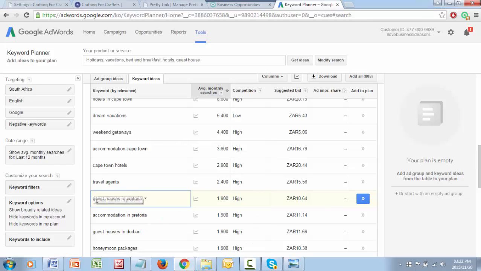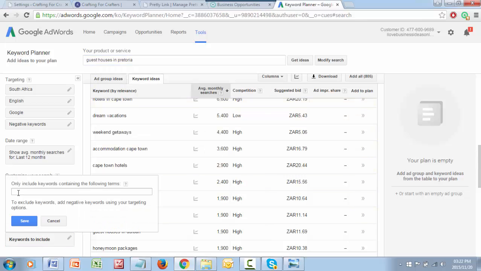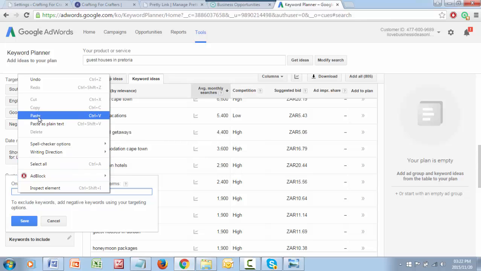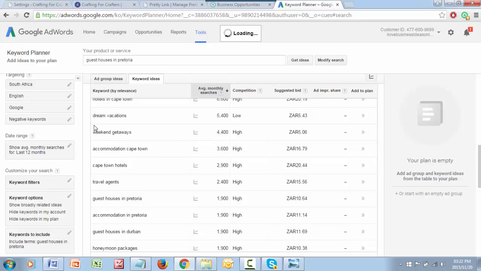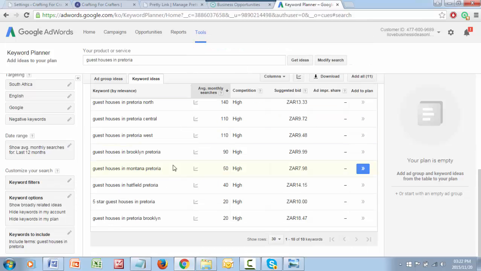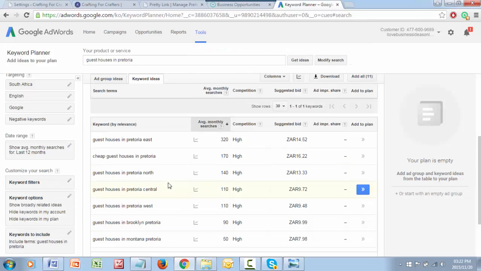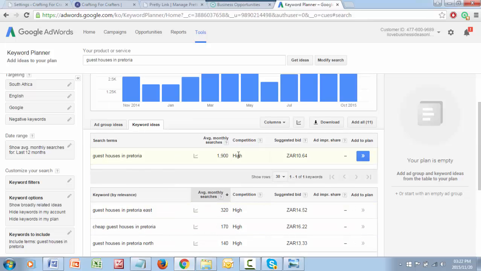I'll tell you, I have a patience problem and it's not very fair, you know. Okay, so now I'll pop this in here. I'll paste it. I could have done a drilling down or pre-search for just guest houses alone, but I've gone already down to a longer tail keyword, and this is cool. So it comes to 1,900.